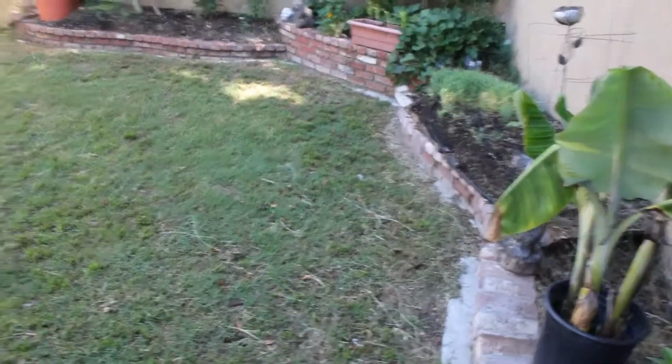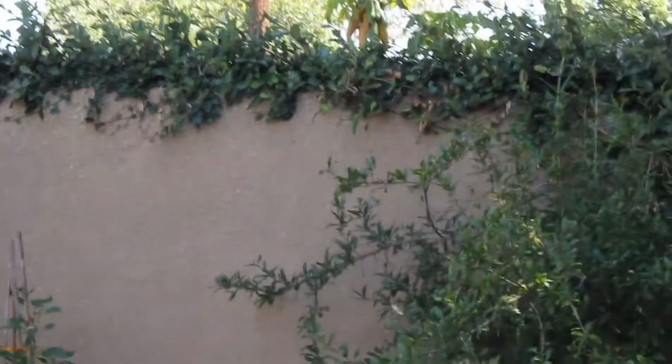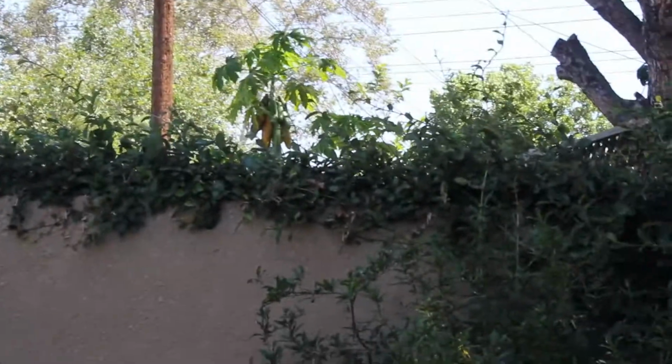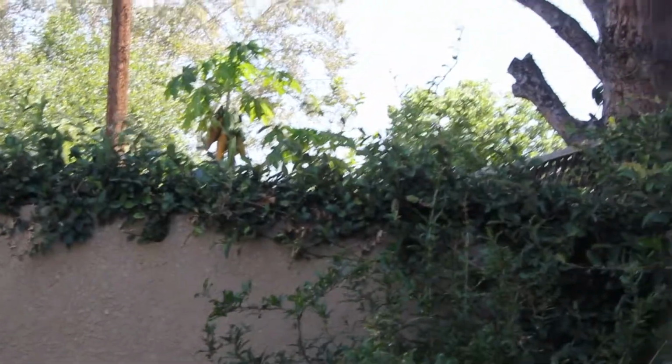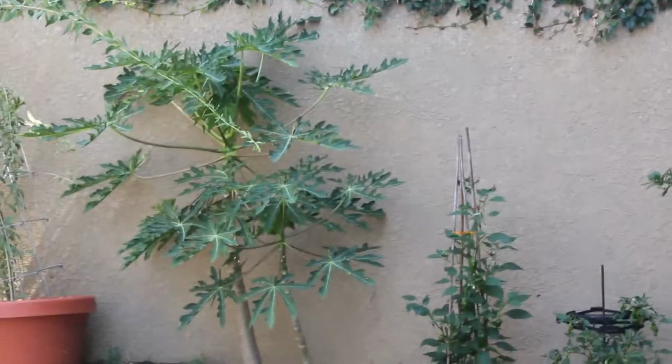Let me see if I can get that shot now. Oh, see, that's kind of sad. They haven't picked it. I might go over there and talk to them, although I really don't like papaya. Can you see that? Right in the middle, where's my finger? Right here. That's a papaya tree. It looks like some of them are rotting on there. I don't know if they just don't know what it is, if they don't like them, or if they don't want to take it out. It looks like they've got another one right next to it, a shorter one. We won't, because I've got my own papaya trees over here. And honestly, I don't even like them. I just like growing them because they're cool. It's a tropical fruit, and I can always swap them out for something else. Besides, I've got friends that love papaya. My parents love papayas, my dad and my mom. But anyways,